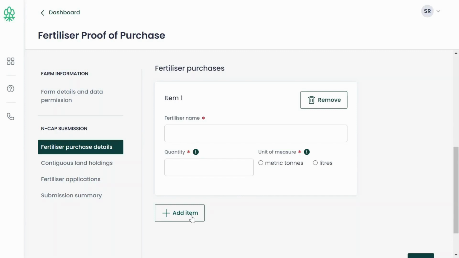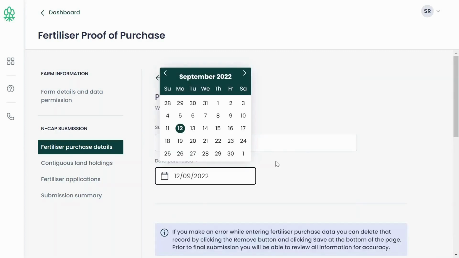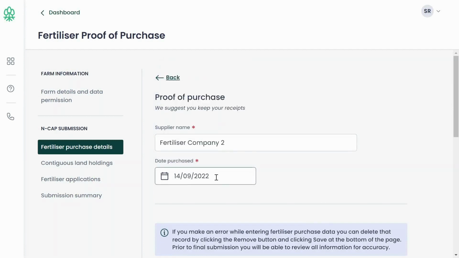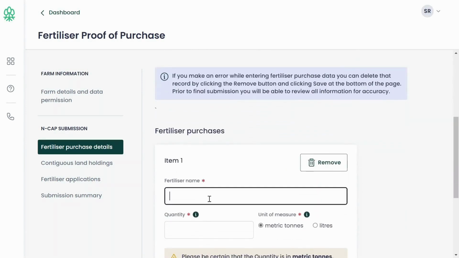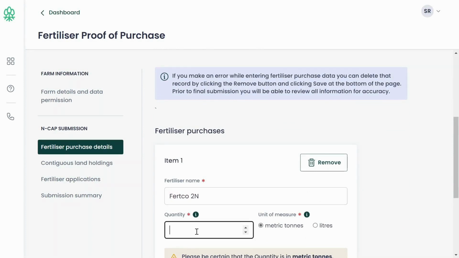I'll just pause for a moment and add some details. So here I am adding some details. I've bought some fertiliser from Fertiliser Company 2 on the 12th of September. If I look at my records and think, actually it was the 14th, I change that date by clicking on the calendar or over-typing these numbers. So on the 14th of September from Fertiliser Company 2, I've purchased some Fertco 2N and I bought 10 tonnes